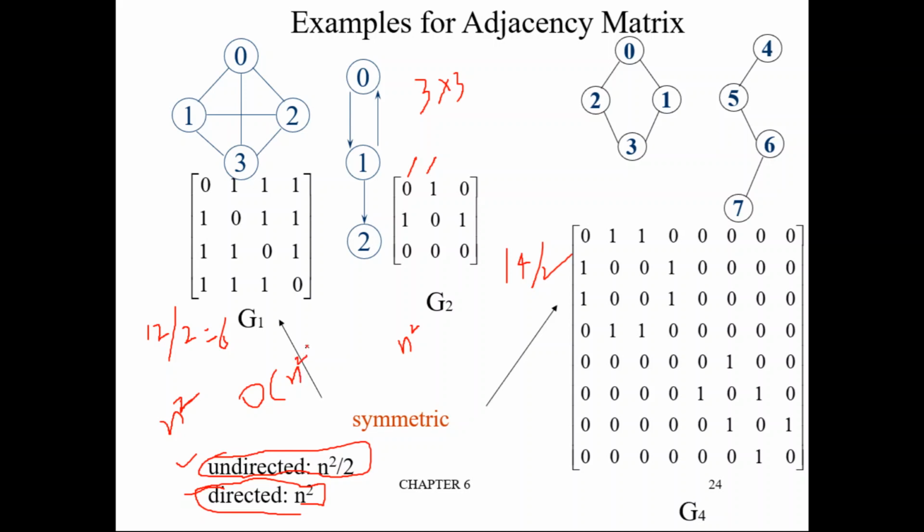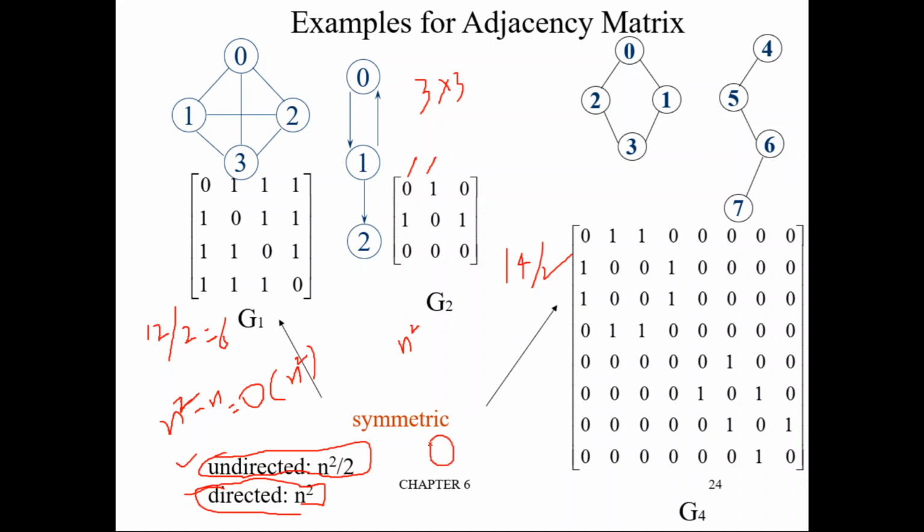Of course, here you can ignore the diagonals, but still the time complexity is going to remain the same. Actually, it is n square minus n searches, because the diagonal will take n entries. So you can remove the diagonal, but still the time complexity is order of n square. It is not going to reduce. But by using the other technique, the adjacency list, the time complexity can be reduced to this level.